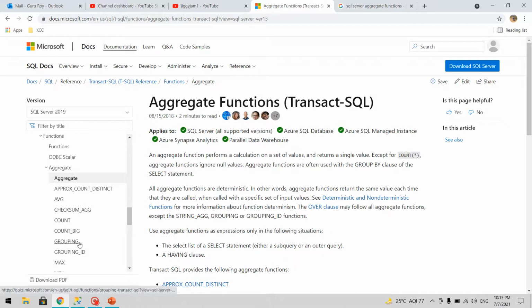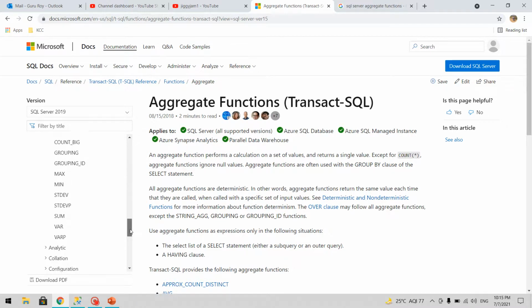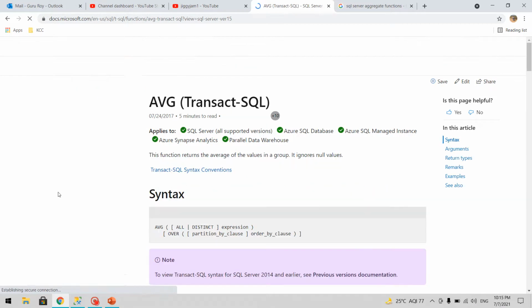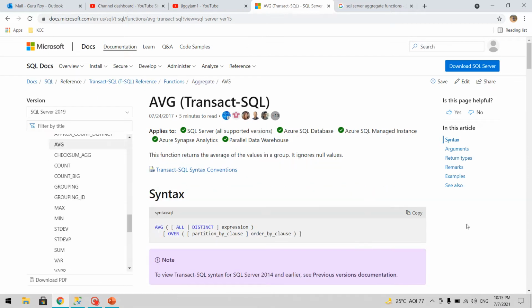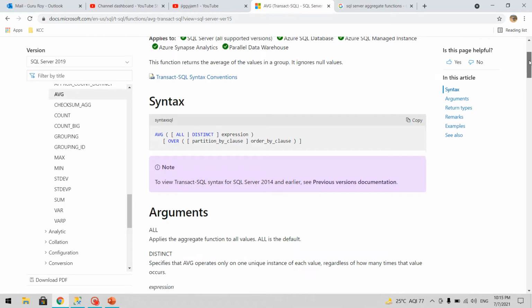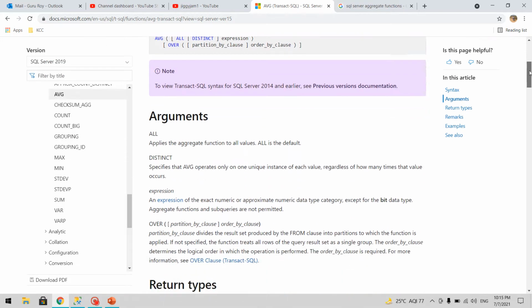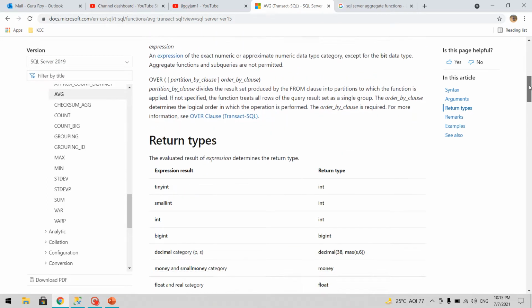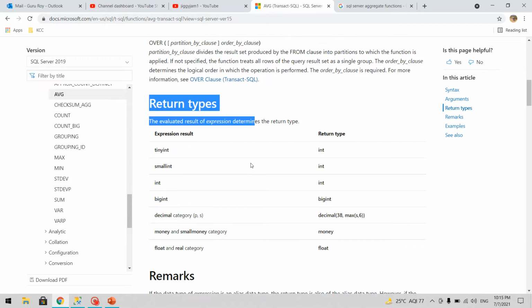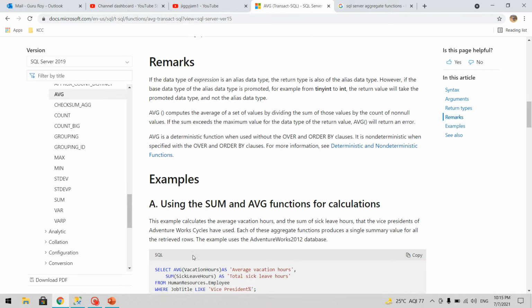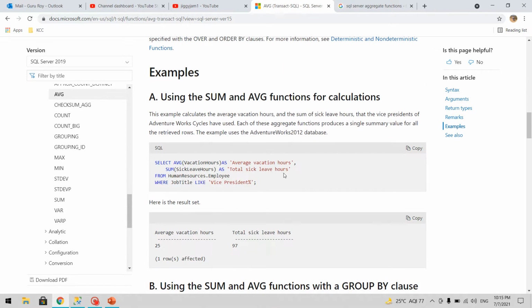There you'll see the entire list, and you can select any specific function to get the detailed syntax, read about the return types, and also see one example associated with that aggregate function.